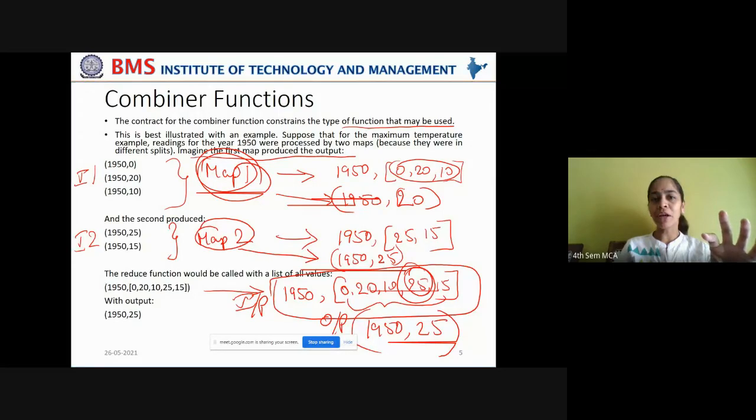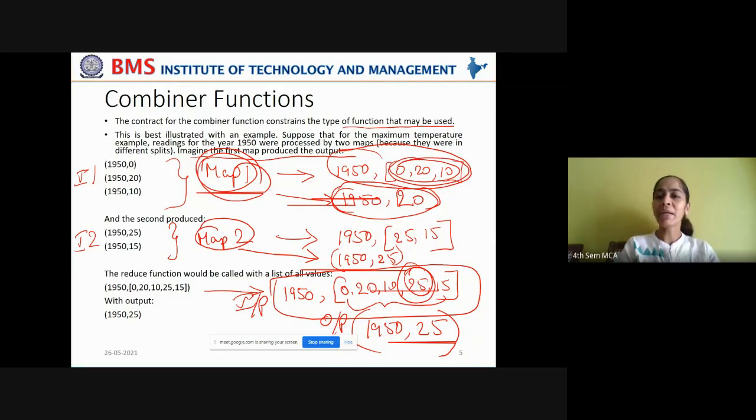The combiner function is running on the map 1 side and the map 2 side, and instead of giving this big data, it is giving only this much data. You understood the difference? Rather than passing 3 different temperatures, it has combined them and found the maximum temperature on the map side itself, and now it is passing only 1 temperature to the reduce phase.